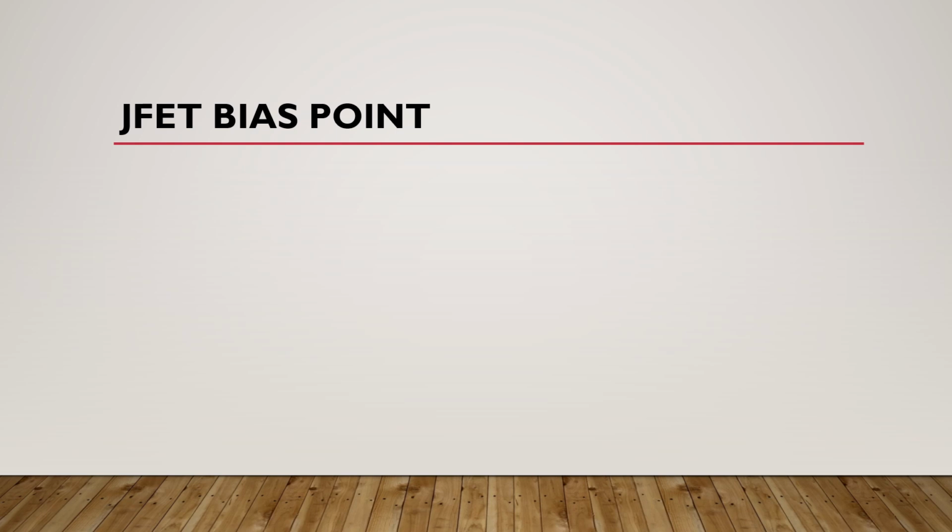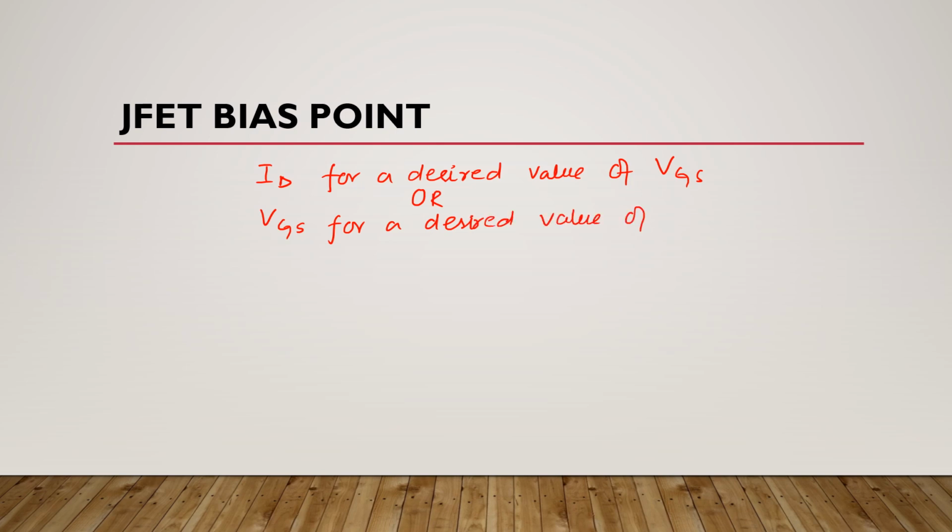Now we will understand the bias point of junction field effect transistors. The basic approach to establishing a JFET bias point is to determine the value of drain current for a desired value of gate to source voltage, VGS, or to find the value of gate to source voltage for a desired or given value of drain current. For this you will use this equation, where drain current is approximately equal to